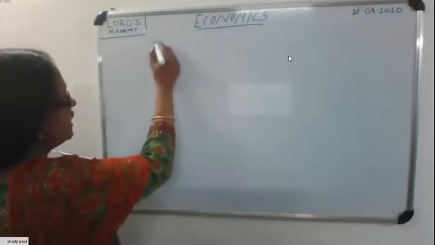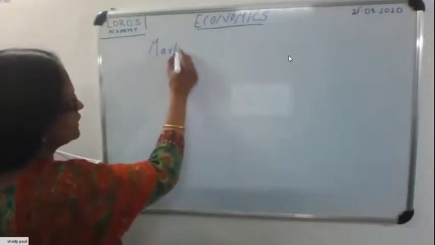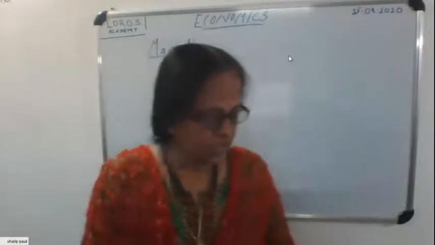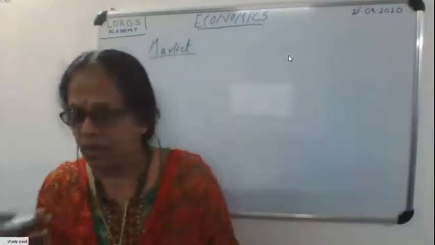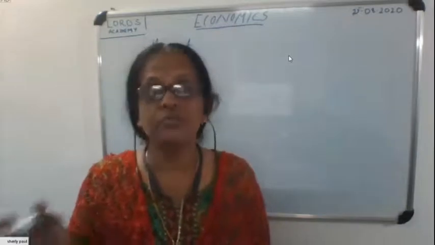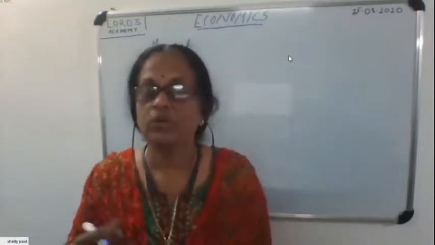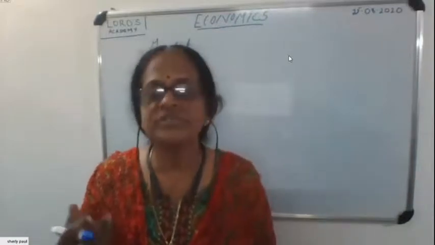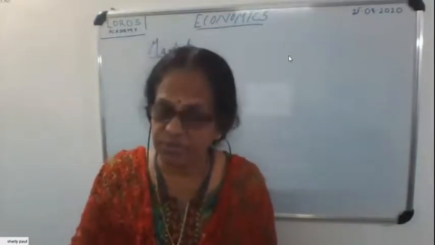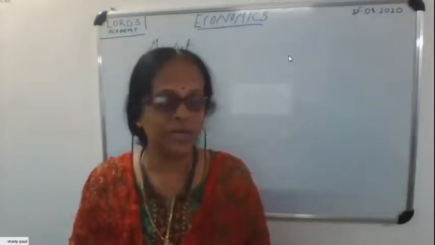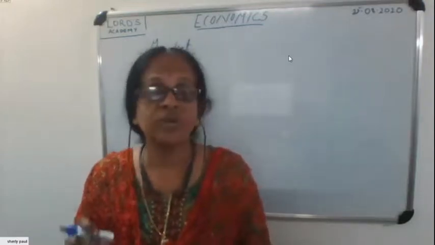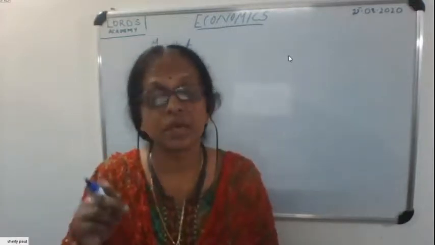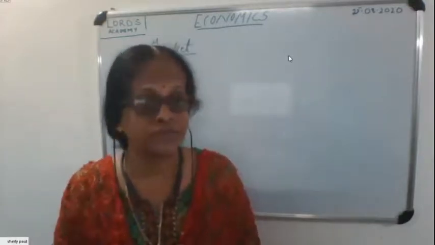Here, actually, our today's main topic is market only. Different market structure. Market, for a layman, as a normal person, when we go to the market, we are buying things from a place. But in economics, it may be a variety of goods, otherwise one commodity only we are buying. Market is a place when we consider it as a market. Clear? But in economics, market is not a place.